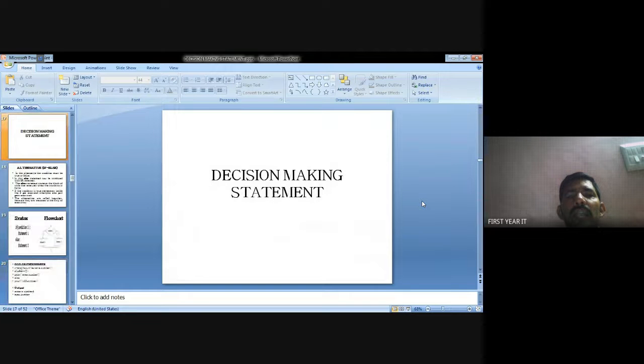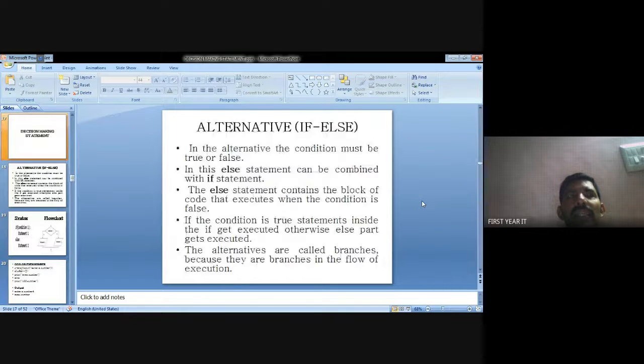Next topic is decision making. Decision making is very important. Decision making means conditional statements, yes or no, if else. True or false. We check the condition, and the statement will be true or false. That is checking the conditions. That is called decision making.